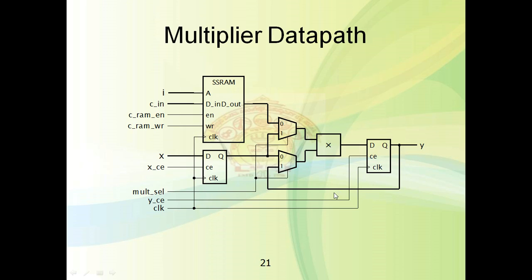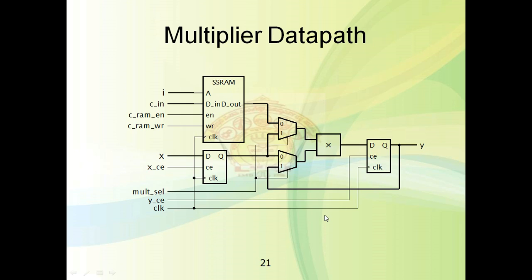Now the first multiplication is done when this coefficient Ci and this X are multiplied and temporarily stored here. Then the multiplexer select line is changed, and the multiplexer line will be 1, and this also 1. At that time this data will be X, and this will be Ci into X. Hence Ci into X square will finally be stored in the output register, and that will be moved on to the output LEDs.